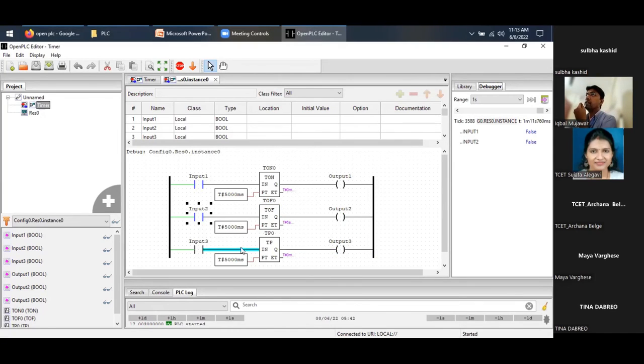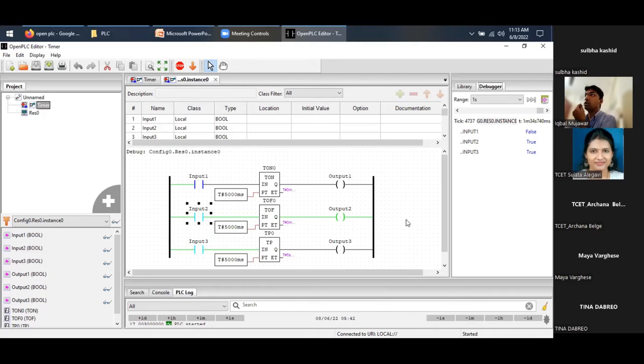Clear? And in the pulse timer, when I start, it will turn on immediately. Even though the input is still on, after 5 seconds, it will be off. It will work for 5 seconds only, not more than that. Then you might think that it looks like a timer off delay only. Yes, it turned on, and after 5 seconds it turned off. It's similar. But in timer off delay, what will happen when I press it?